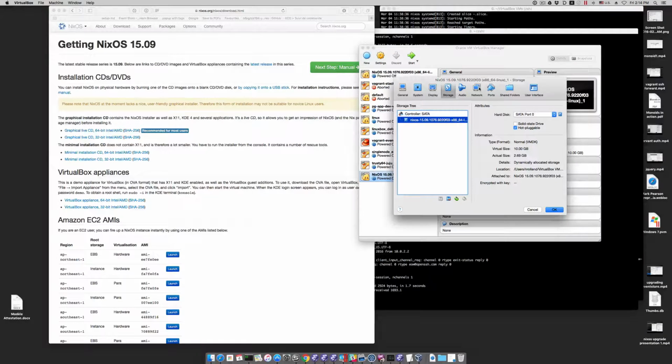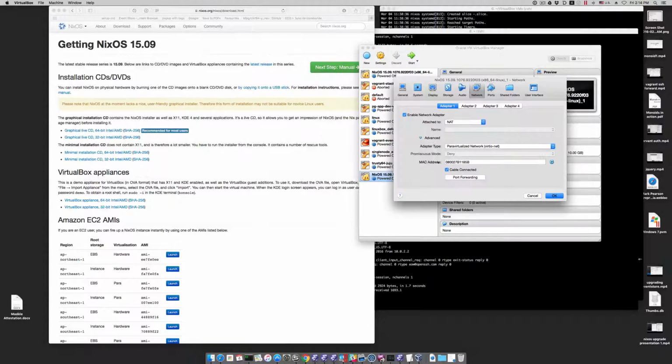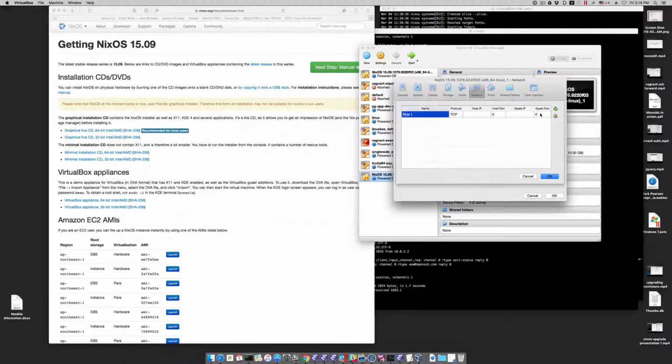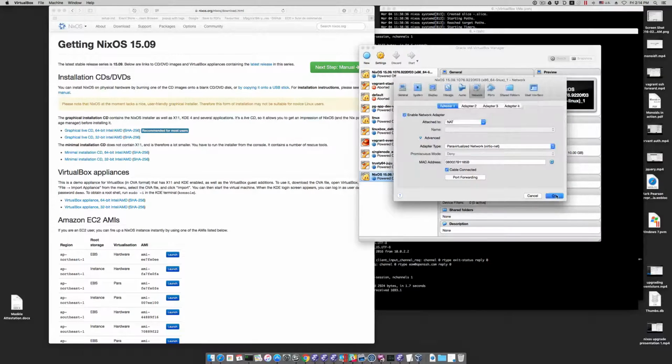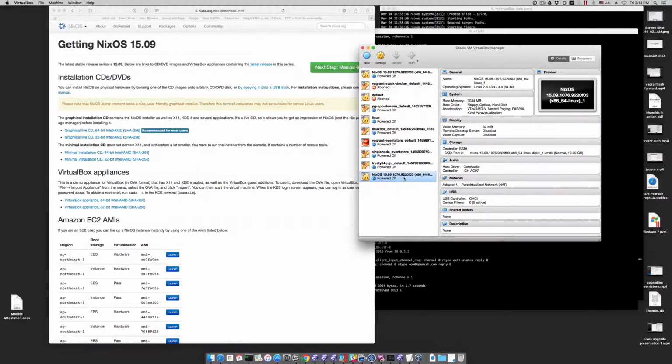We might also want to add some port forward in order to access the SSH of our guest. So the host IP will be this one, and we'll bind it to port 6022, and guest IP whatever it is, and that's going to be port 22, so that when we want to SSH we can hit localhost 6022. Here we go. Now if we power that on, we should have a running